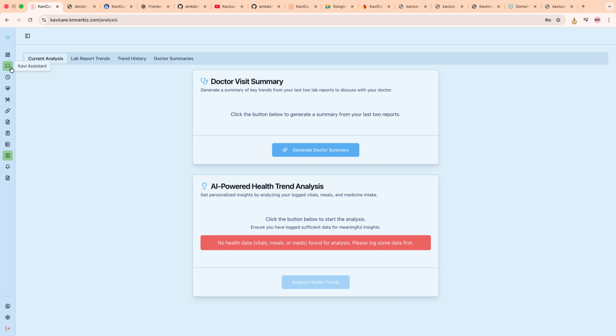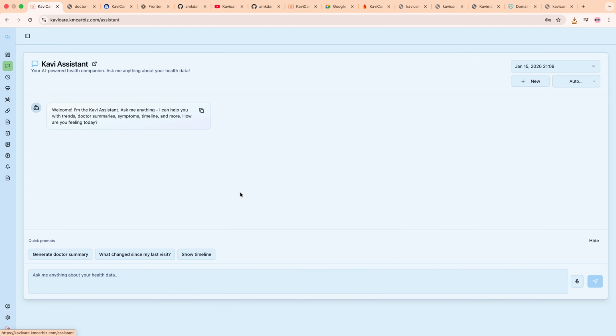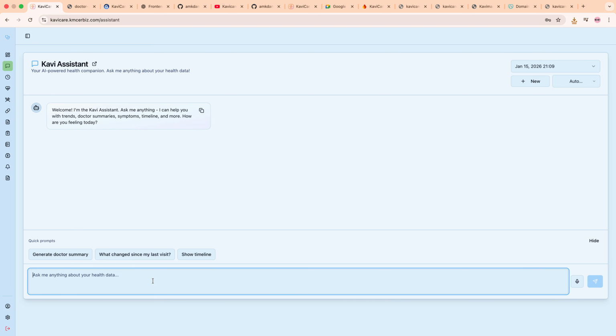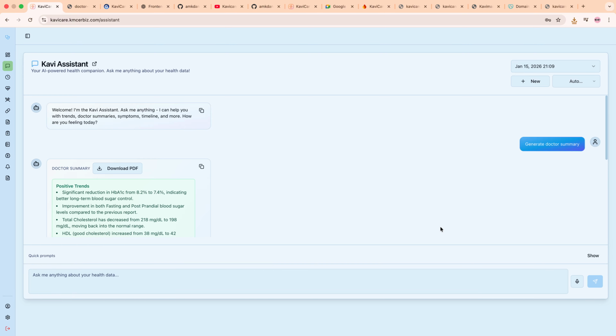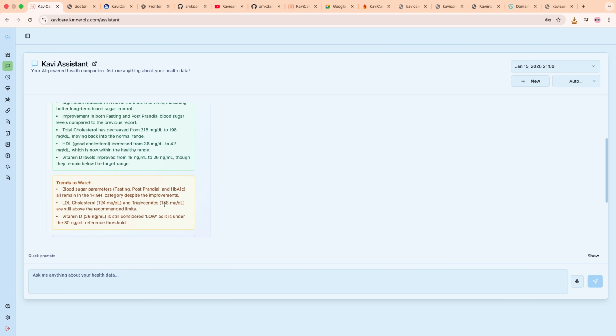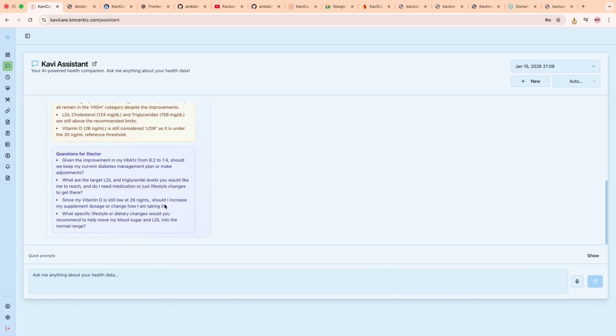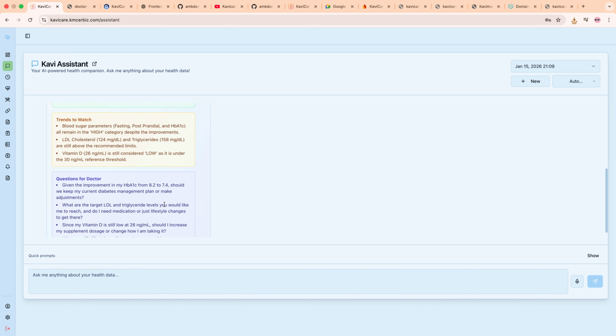Another thing you can do is come to the Kavi Assist, which is your chat. Here also you can say generate doctor summary, and it can generate the summary. The intent is still there. You can see a little difference in the doctor summary, but we plan to have the same summary every time if it's the same report. This time there is a slight difference in the question, but this is more concise. It will not show you the report parameters and everything, but just for the conversation